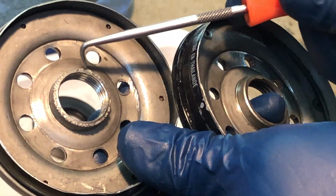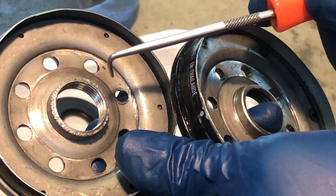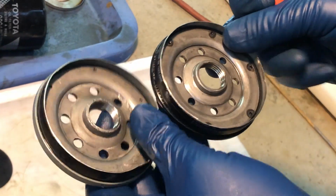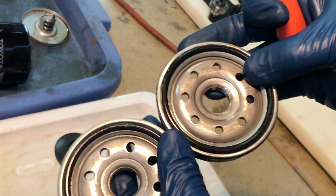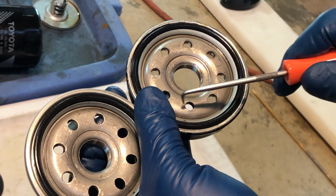It's just been stamped out. There are sharp edges here, burrs. They're going to cut into the anti-drain back valve. Not a good situation. Also, if you look carefully, you can see how nicely these inlet holes are formed in